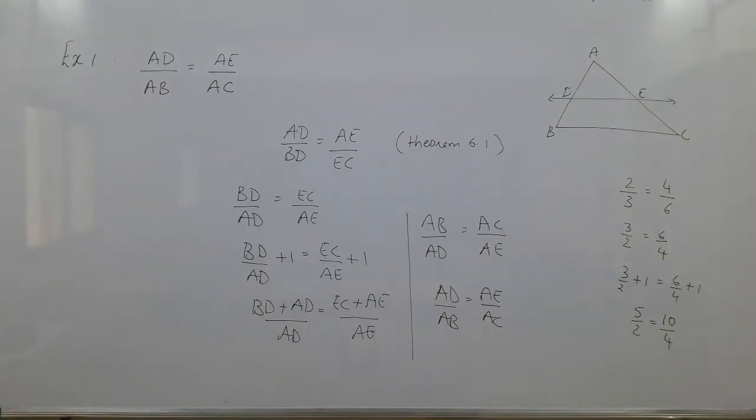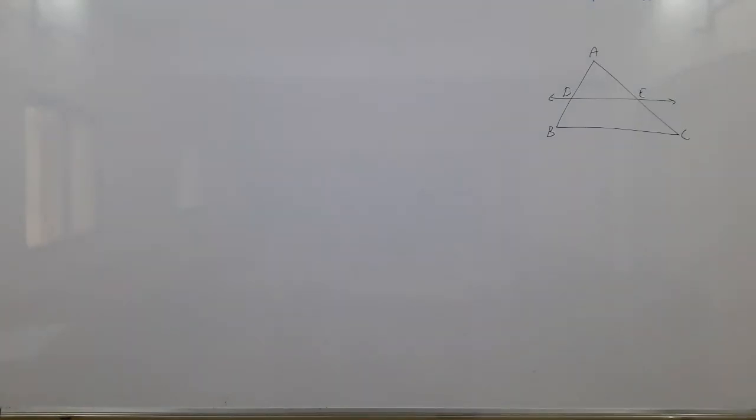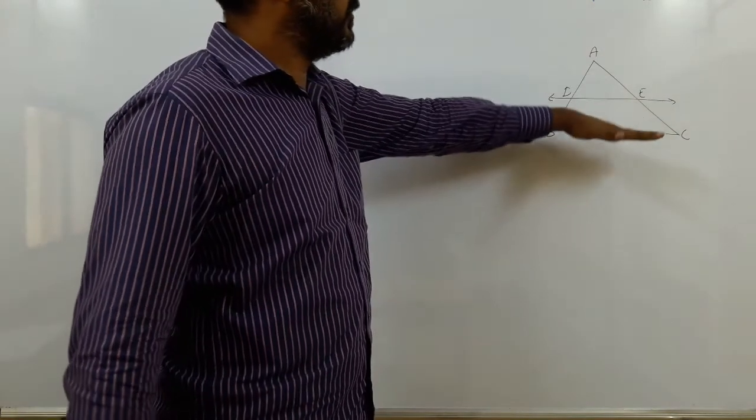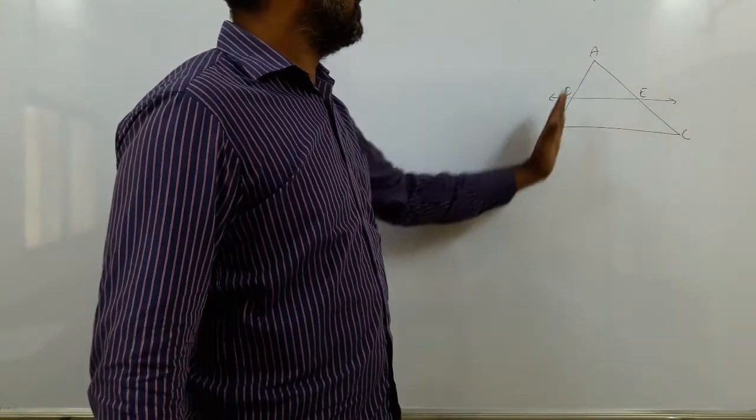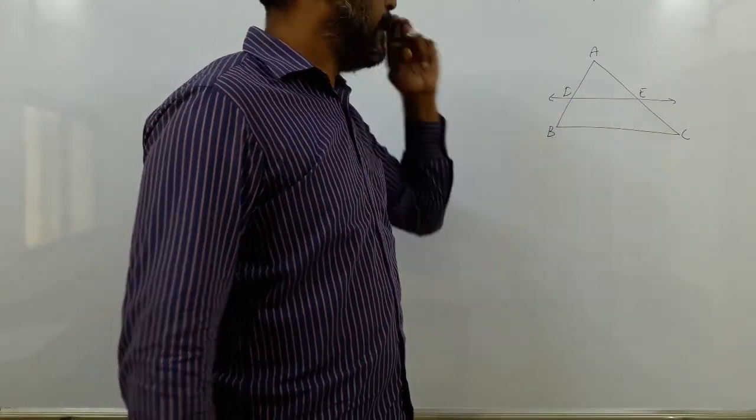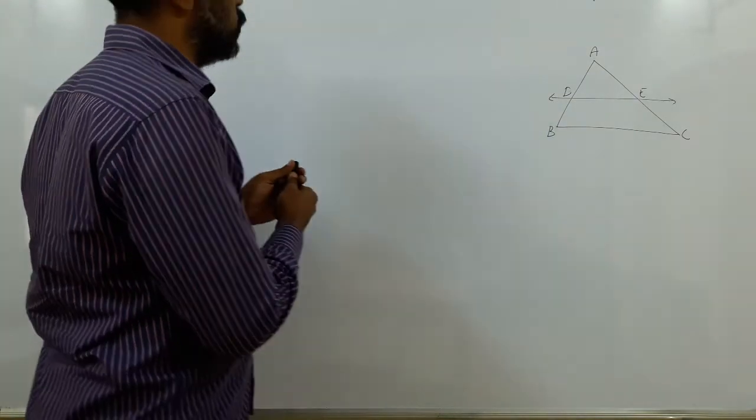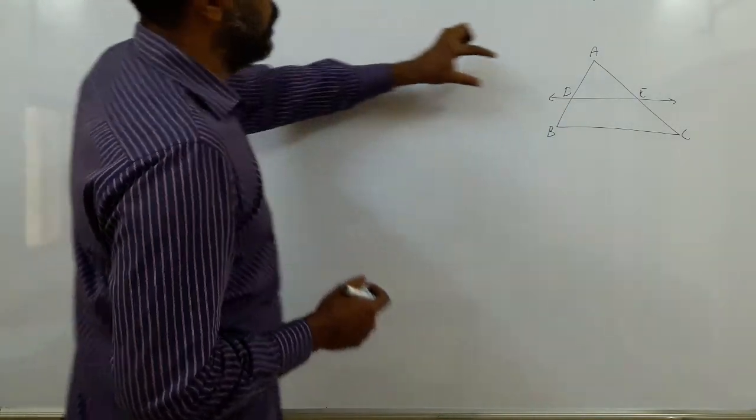Now one last thing we'll do, we'll write all the possible ratios so you can remember everything in short. So now the conditions again. Okay? Line DE is drawn parallel to BC, which intersects the other two sides at two distinct points. Then the ratios. Now let us see how I write the ratios. I'll show you all the three ways.